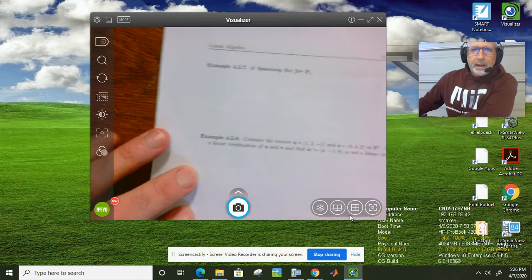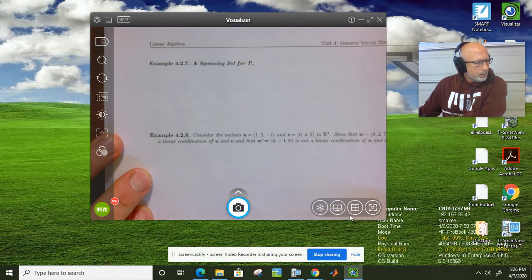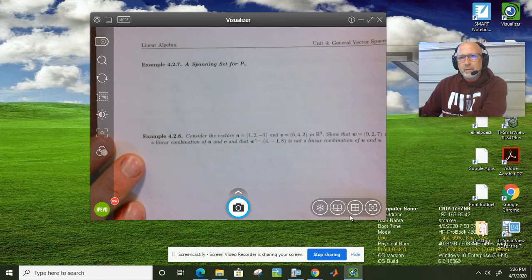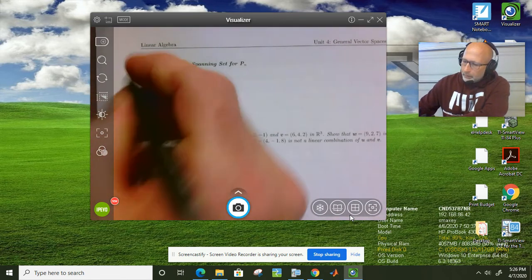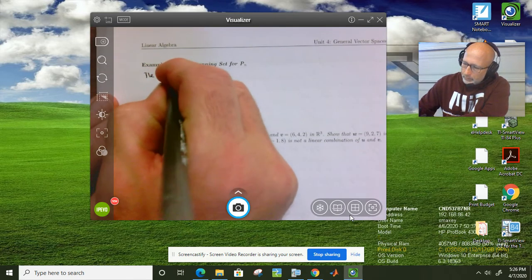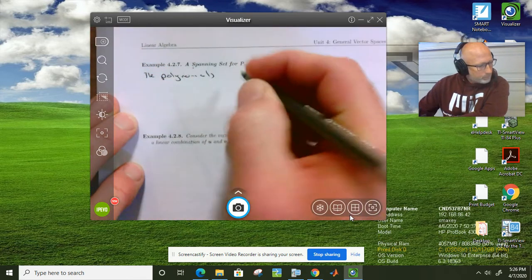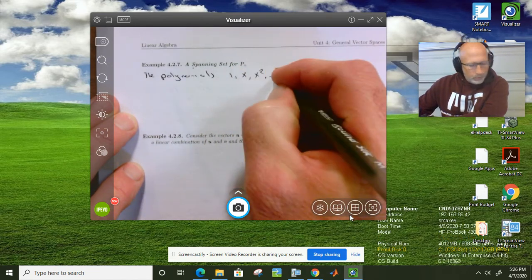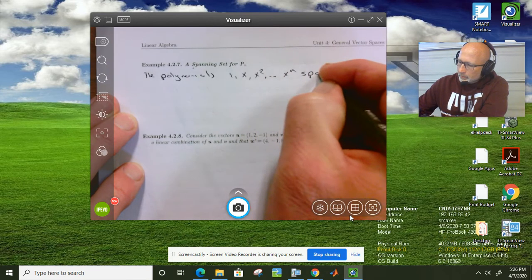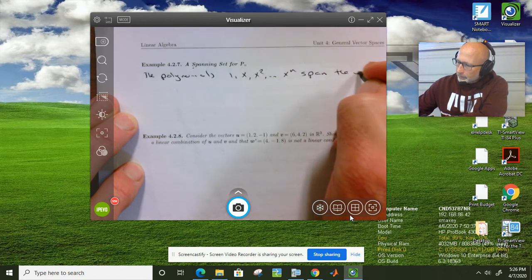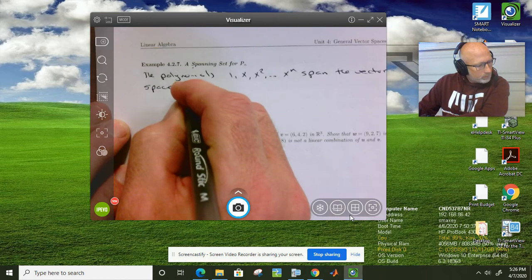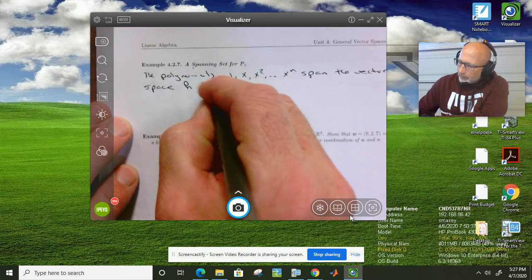Okay, so spanning the set for Pn. Now we want to create a set that will span Pn. Pn is the set of all polynomials of degree n or less. So the polynomials 1, x, x squared, all the way up to x to the n span the vector space Pn, since